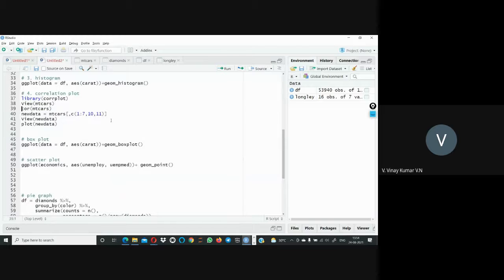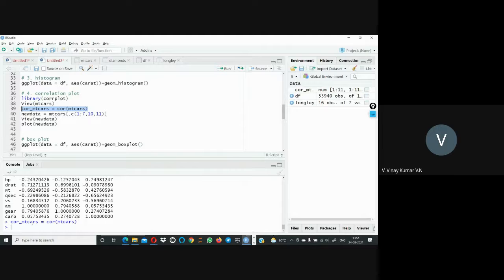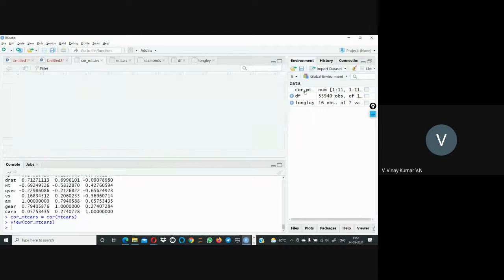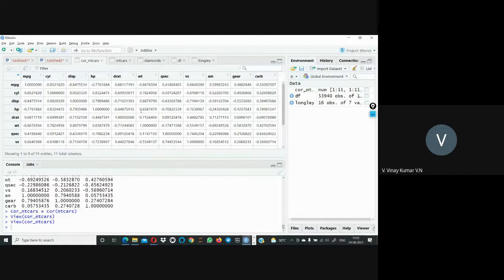I will store this as correlation_mtcars and run the function. Now you can see that the correlations are stored like a data set.